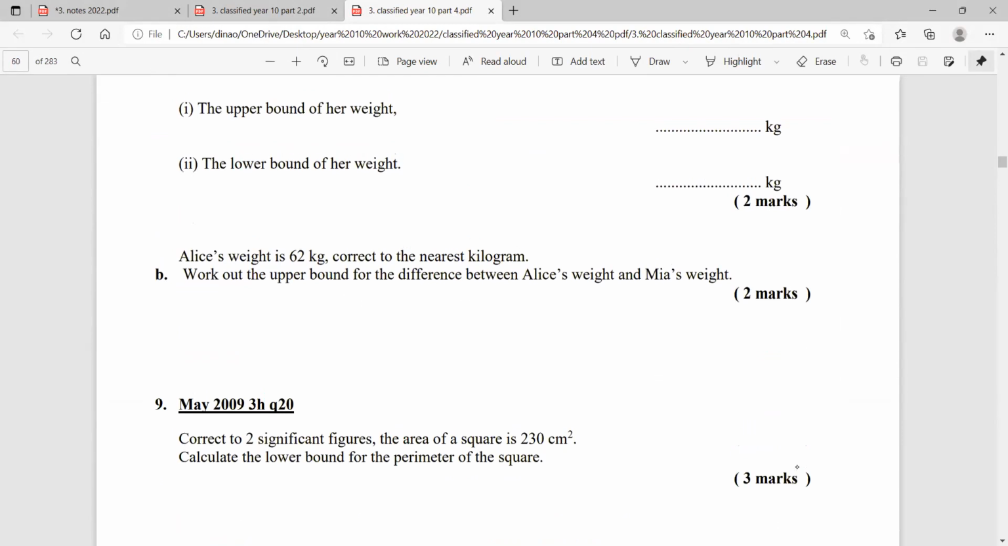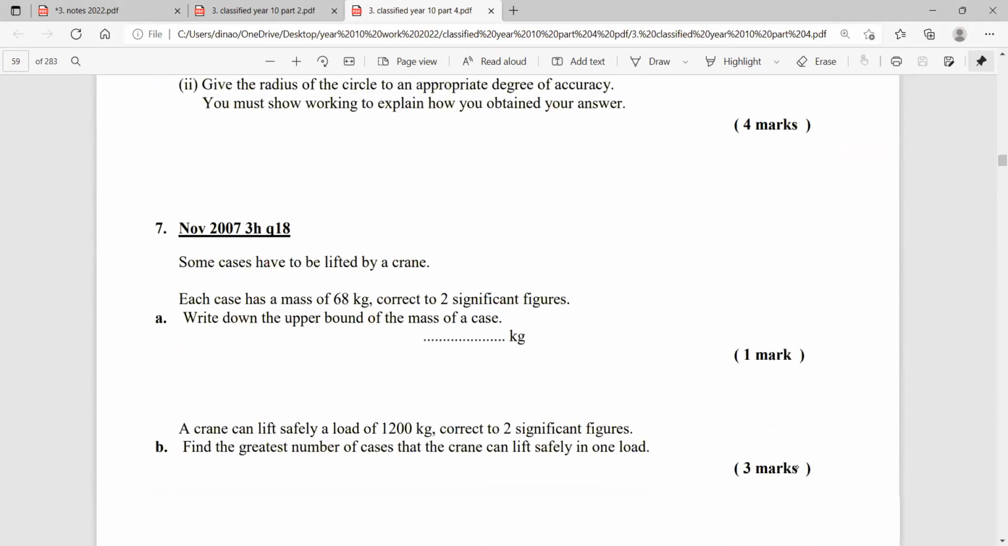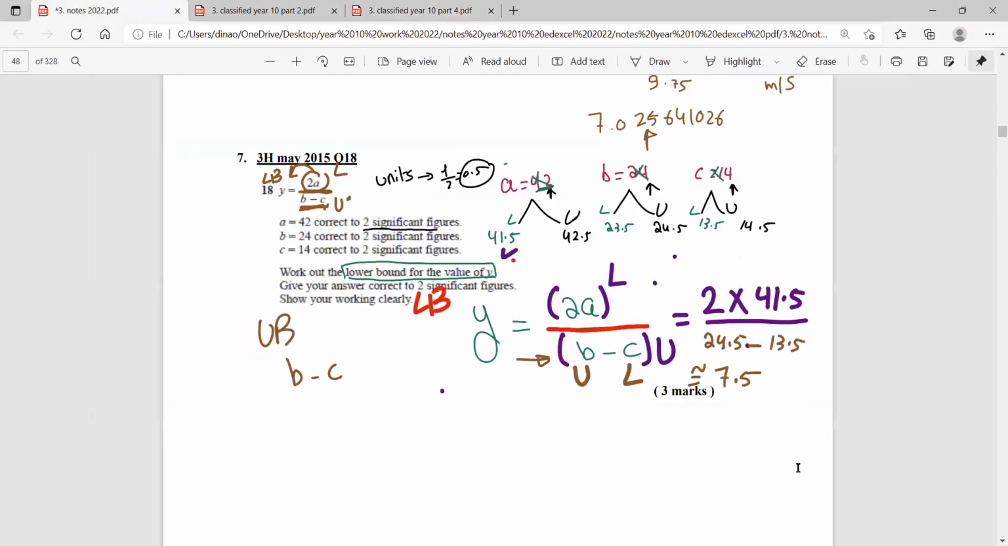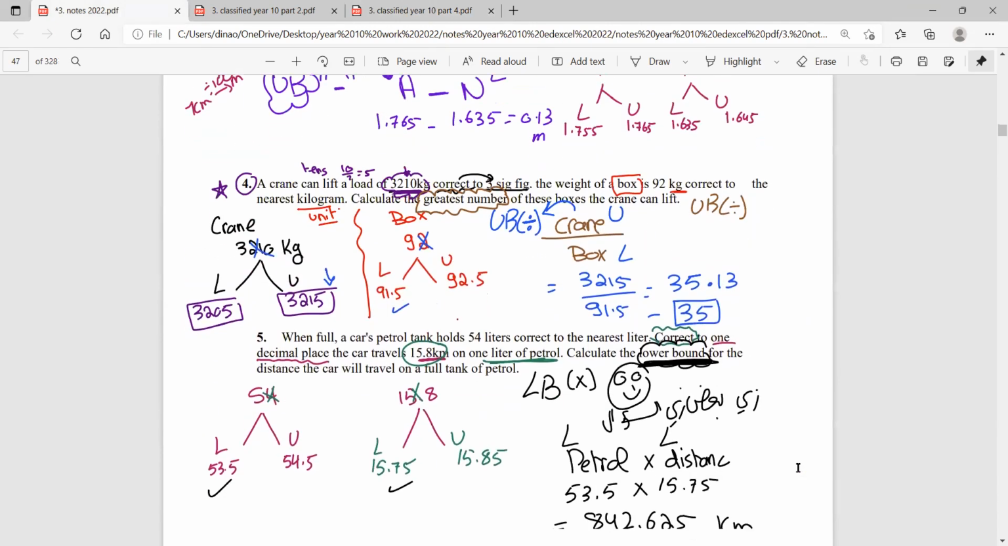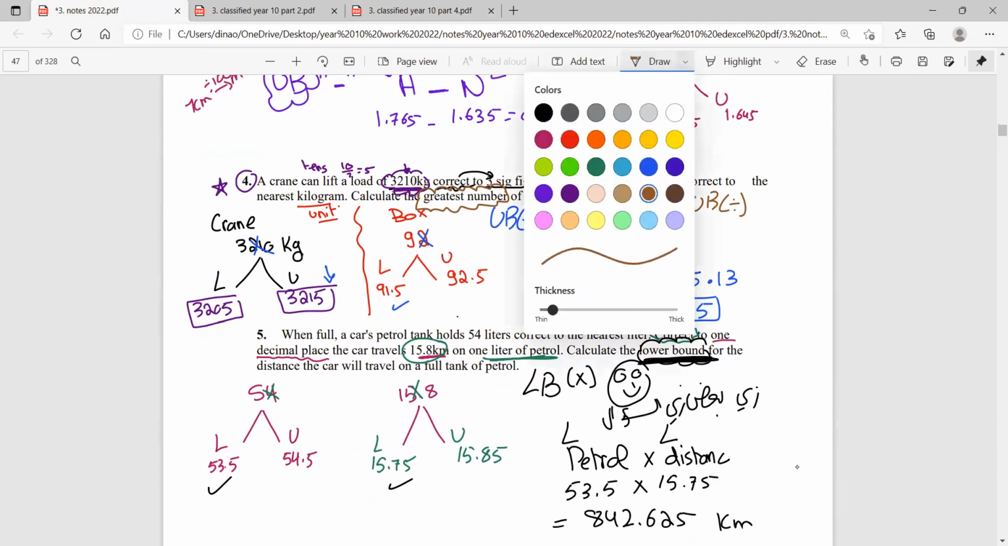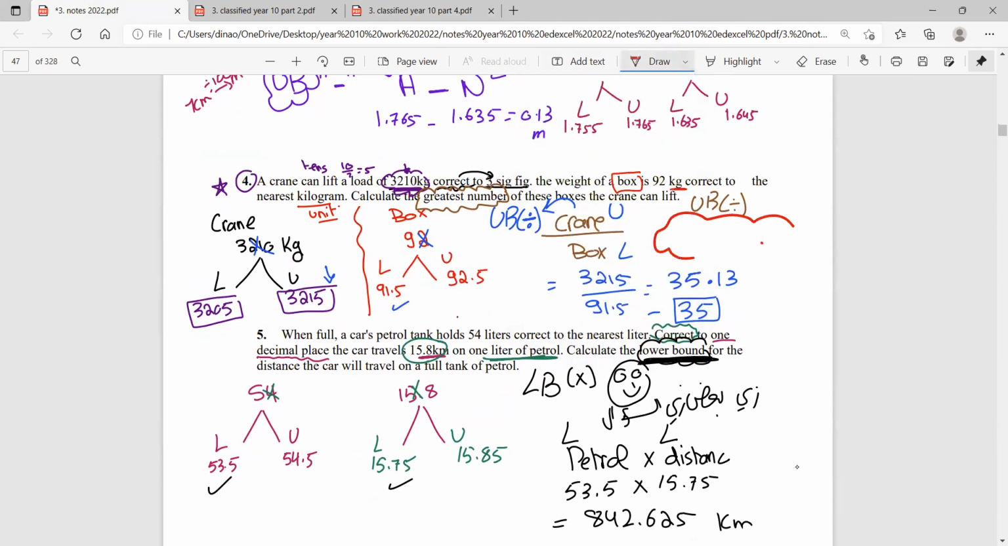Classified part 4. هقول لكم page كام. أهي. Page 59. الأول عايزاكم تروحوا للnotes. I want you to go back to the notes and I want you to go back to this question, the crane question, and go back to the notes, to the crane question, and write next to the crane question, look,